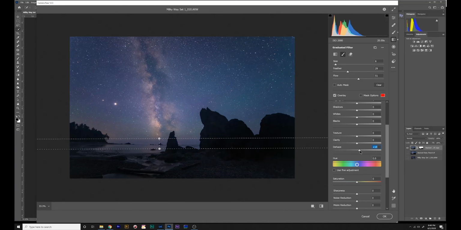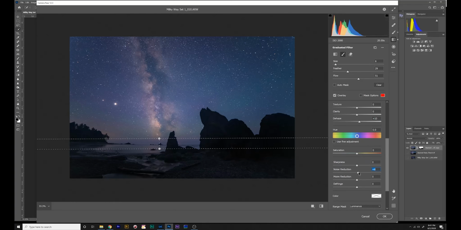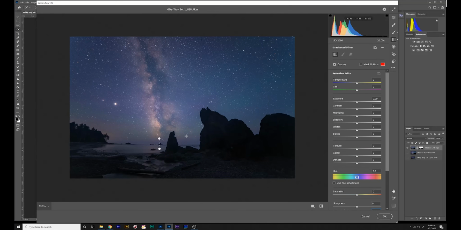And we're going to add a general contrast tone curve on the whole thing. So a little bit of that, and we're also going to reduce a little bit of the noise, which there shouldn't be too much because of the stacking, but just in case. Next we create another graduated filter, pretty much in the same place. And this is really going to treat only the highlights and the stars because we want to make them pop a little bit more. So I usually bring up the whites